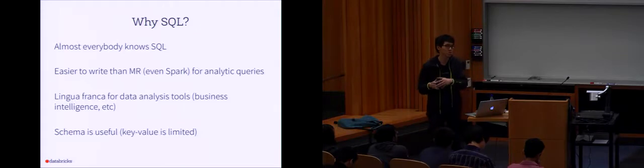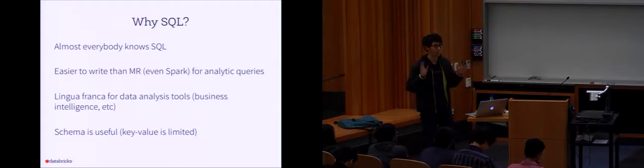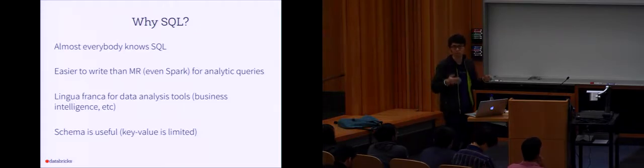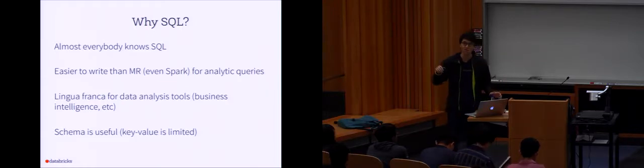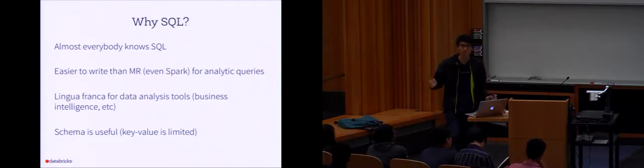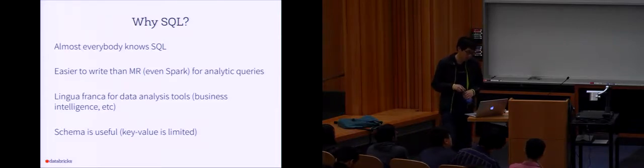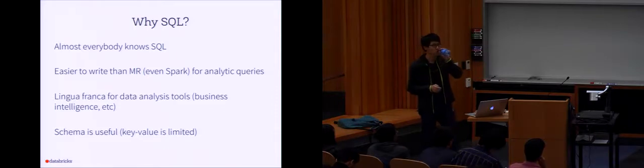So now if you want them to talk MapReduce, you basically have no way to do that, short of getting software that's 10 or 20 years old updated. And there's tons of software like this. If you're Google, maybe you can rewrite everything. But for most enterprises, or even most technology companies, they don't have the resources to handle that. And last but not least, schema is actually fairly useful.